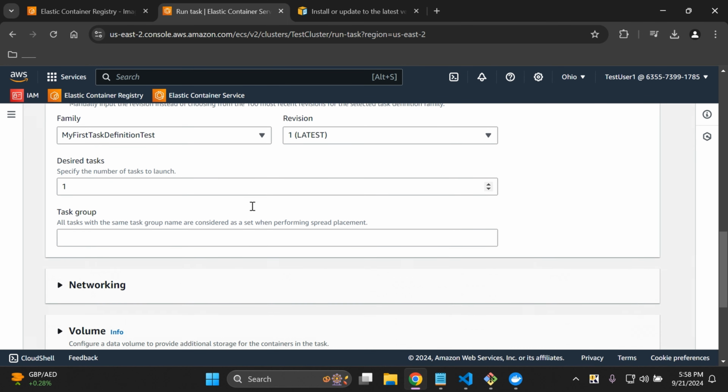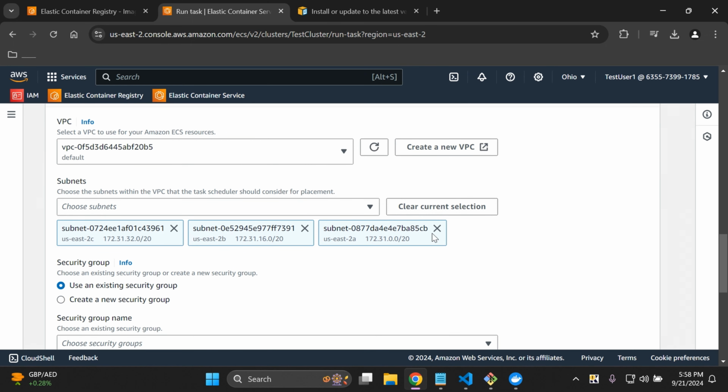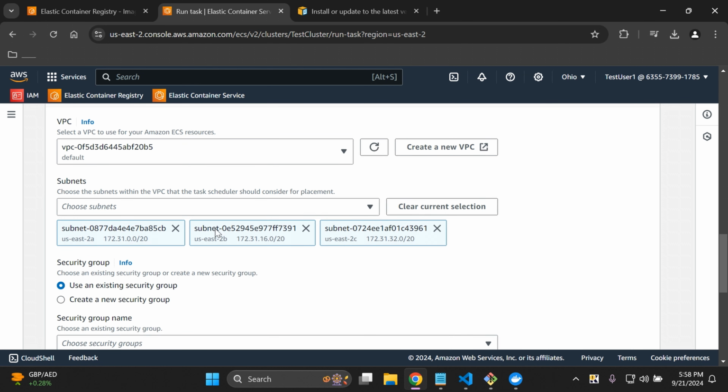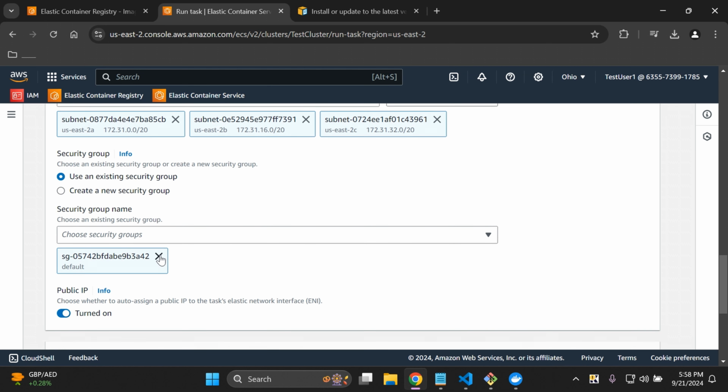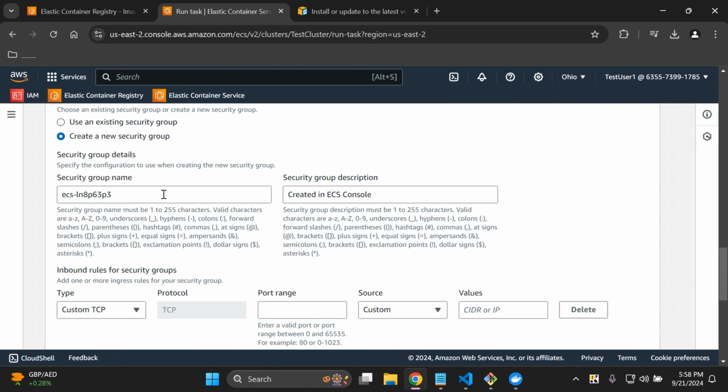Now we also have networking here in place. We want to clear our current selection and just select the subnets. That's just to ensure our application is going to be placed across all our availability zones in our region. Then you want to create a new security group. This is going to allow us to manage access to HTTP on port 80. So give it a name here. Let's set that as